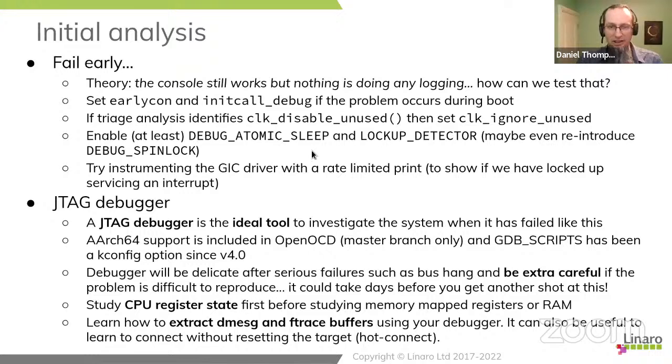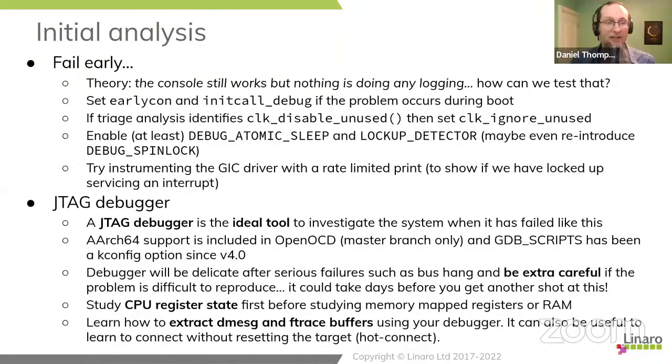And like I say, I like this rate limited print. It means every 5 seconds you get this little burst of I'm handling some interrupts, and then it goes quiet for 5 seconds. And providing those little bursts of prints aren't enough to damage the system, then we can find out what happened. We can see that we're stuck servicing interrupt number 178 or whatever it is. So that's some of the fairly early ideas.